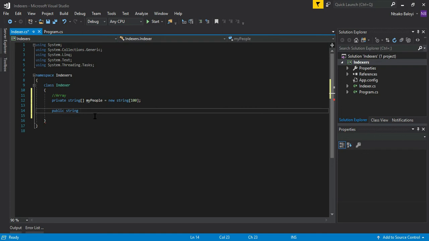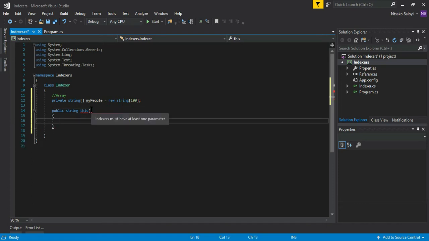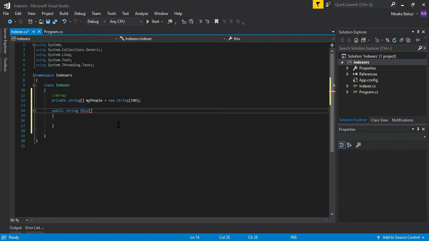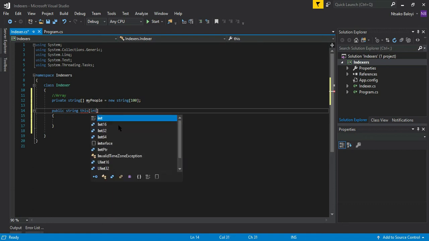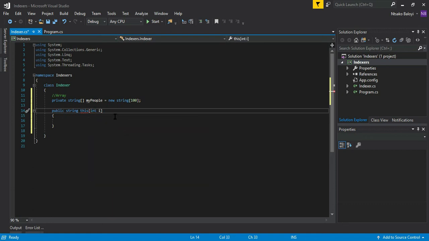And then usually here we write a name for a method, but this is not a method. We use the this keyword to declare an indexer. And then we don't use normal braces like this. Instead we use these square braces over there, like that. In here you're going to give it an argument because we need to accept an index, and assign it to something usually, but for now we're just going to give it this. Alright,